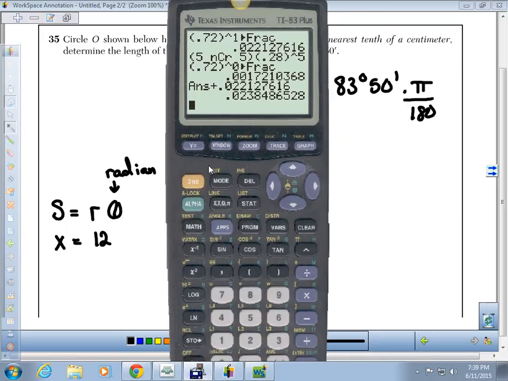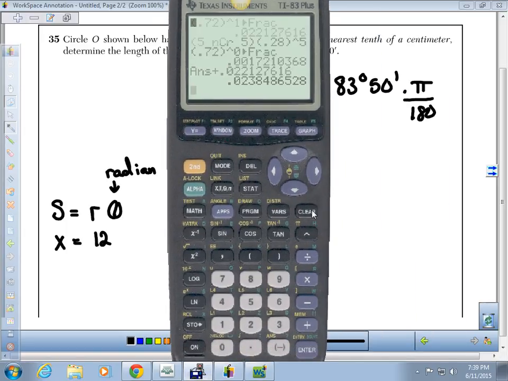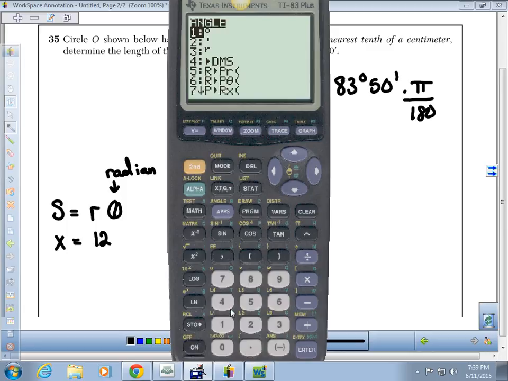Okay? So let's go into our calculator, and this is a really good one as well because it's got degrees and minutes as well. So how do I enter in 83 degrees 50 minutes? Second apps, 83 degrees, 50, second apps, minutes. And I'm going to multiply this by the quantity of pi over 180. So in radians, I get